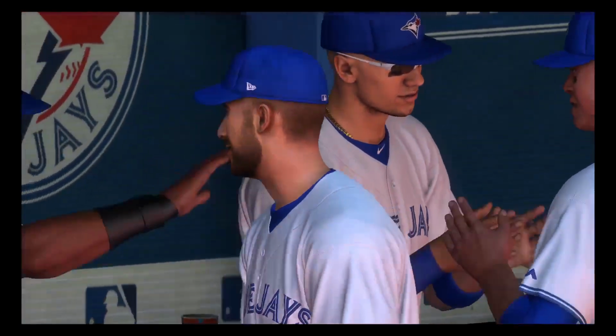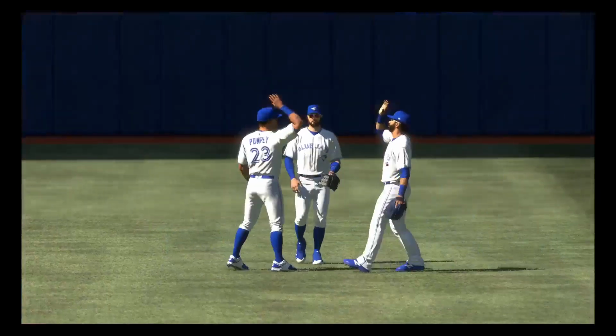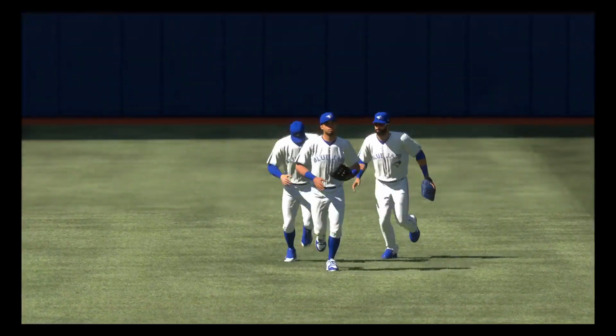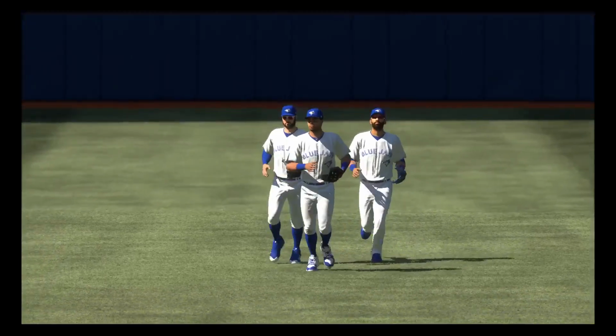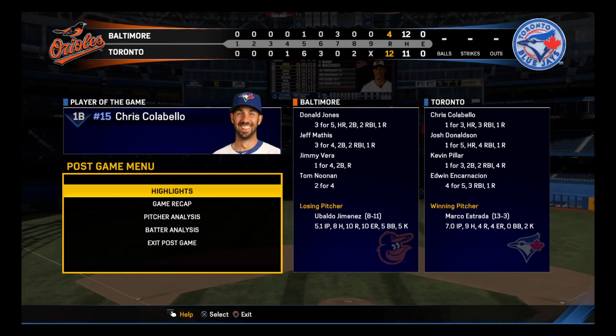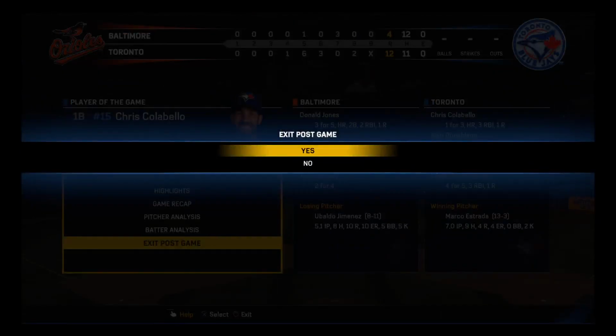Look, it's easy. You don't have to look any further than the 5th inning to see where this game was decided. They put together a big rally and did everything down the stretch to secure this win. 12-4 is the final in this game. Marco Estrada picks up his team-leading 13th win. Ubaldo Jimenez